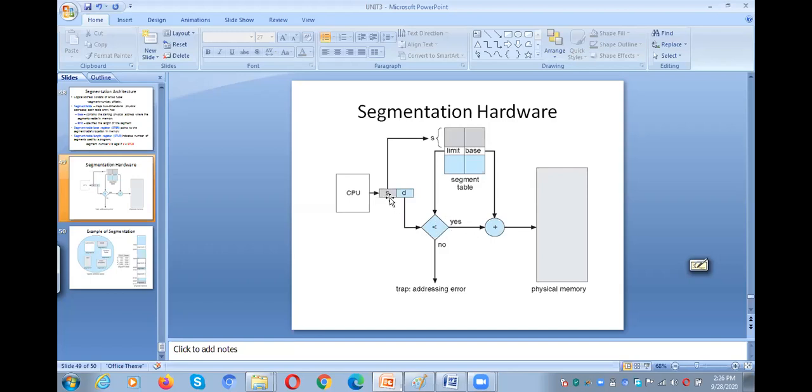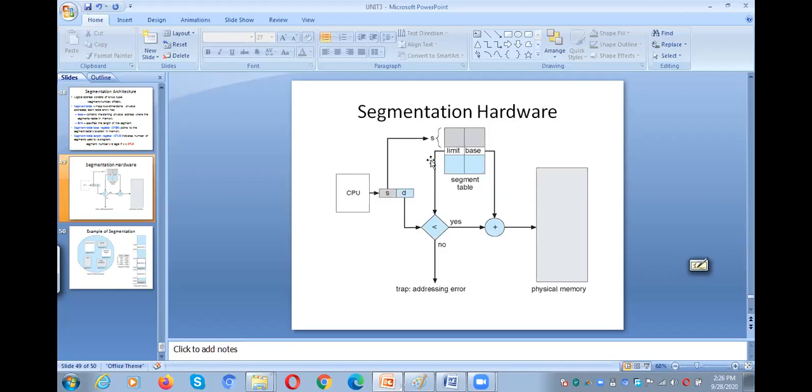Segment number means the starting address, the base address. To the base address, we need to add the offset so that we will get the physical address.